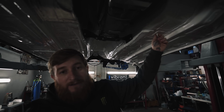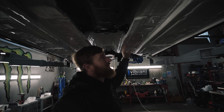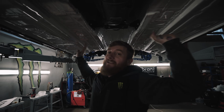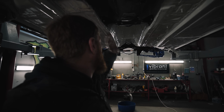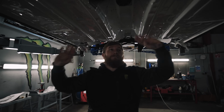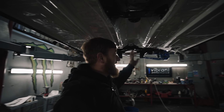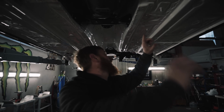So most new cars, as you know, will probably have loads of studs and fixing points and all that stuff everywhere underneath the car for plastic under trays and all that. Joe has obviously gone along and cleaned the whole of the chassis. Every hole's gone, everything's been seam welded, and it is mint, every hole's blocked. But he left these ones on purpose, because this is where we're going to have two